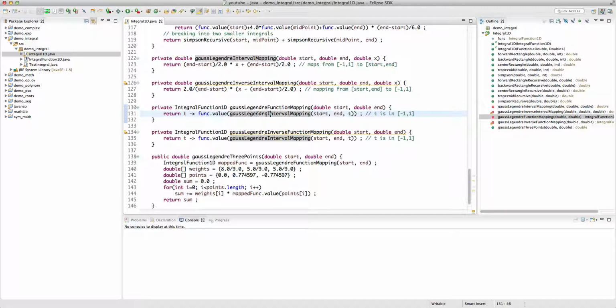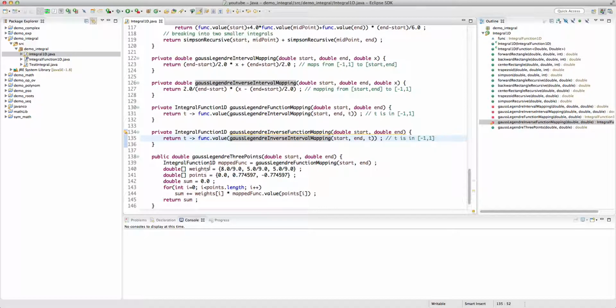Yes, because the interval mapping maps from -1 to 1 to start to end, and then the function is defined over, oh yes. And for the inverse mapping, we have to have the inverse interval mapping. Okay,